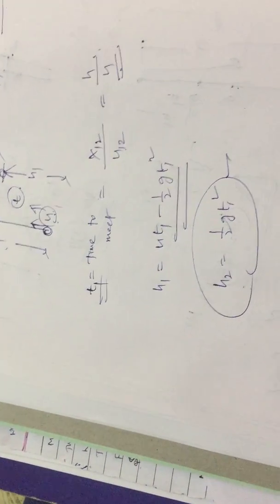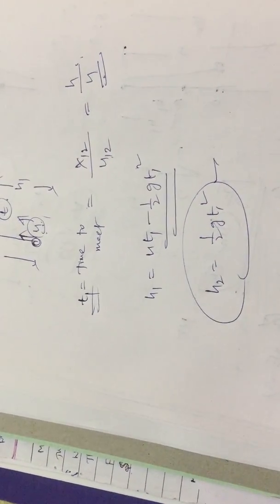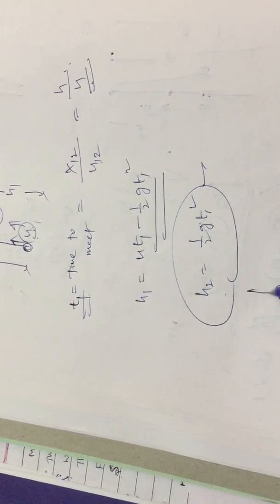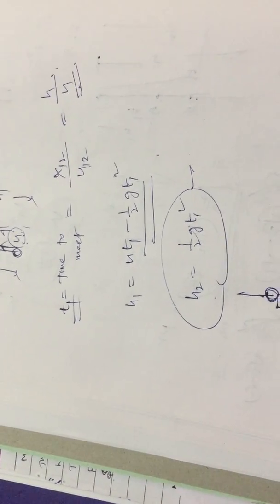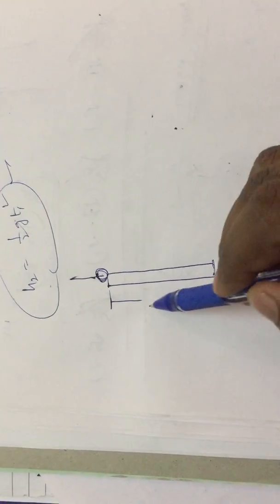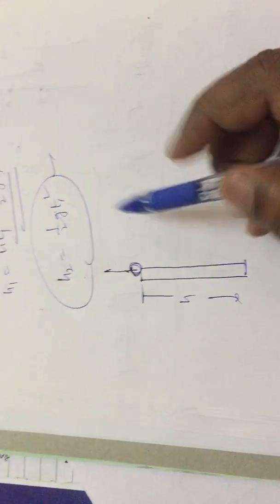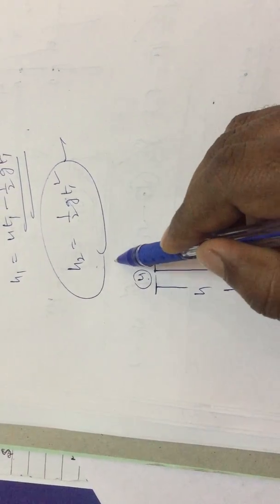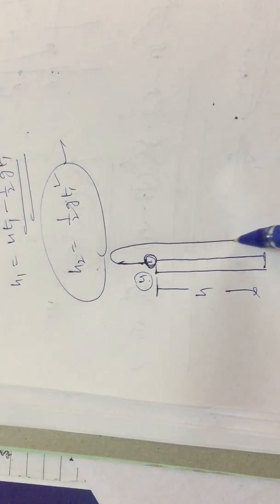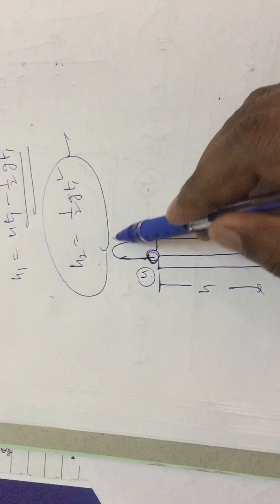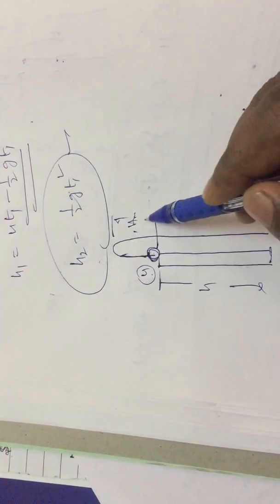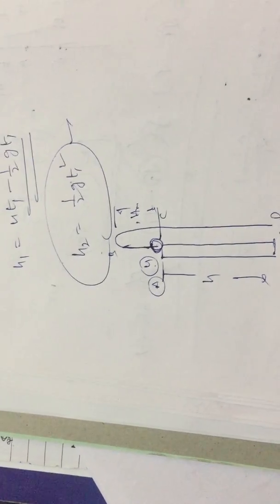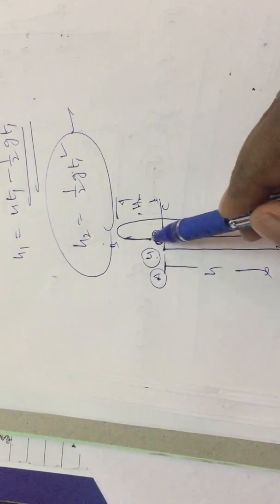And one of the very important points here: vertically upward projection from the top of the tower. Here we have a tower whose height is h. A ball is projected into the air with an initial velocity u in upward direction, going up and reaching maximum height here. We know that A, B, C, D, displacement in the direction,